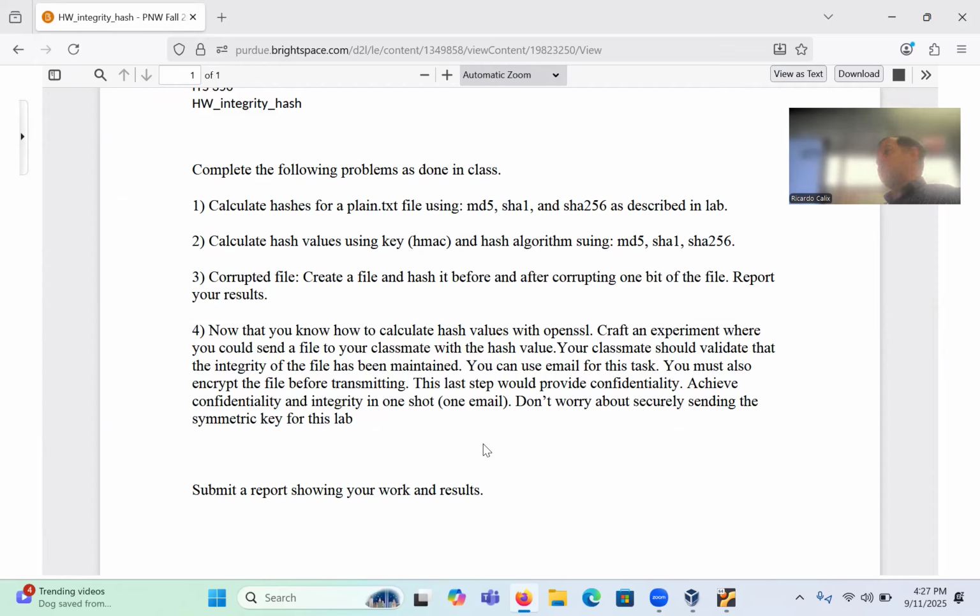So you can only send one email. Does that make sense, guys? So you have to achieve confidentiality and integrity in one shot. Got it? All right. No questions about that? Everyone gets it? All right, great, perfect. And of course, don't worry about securely sending the symmetric key for this lab,